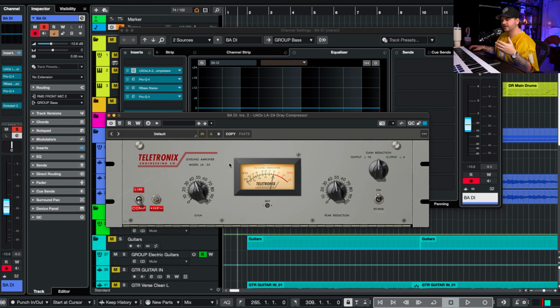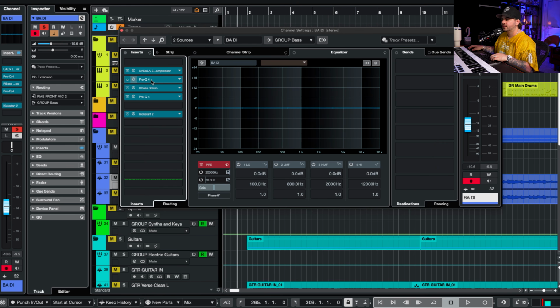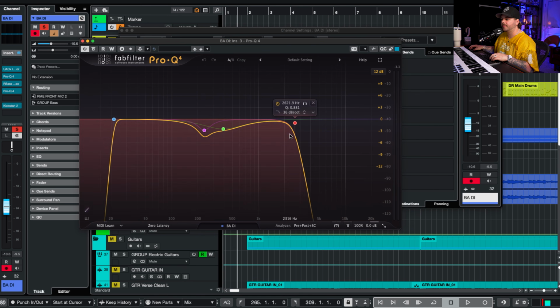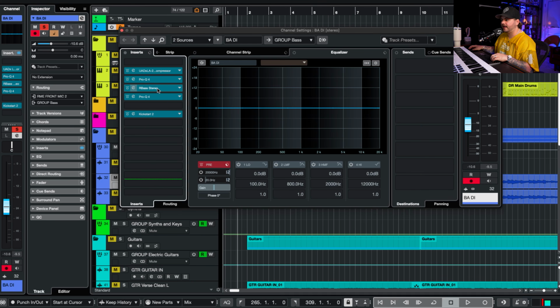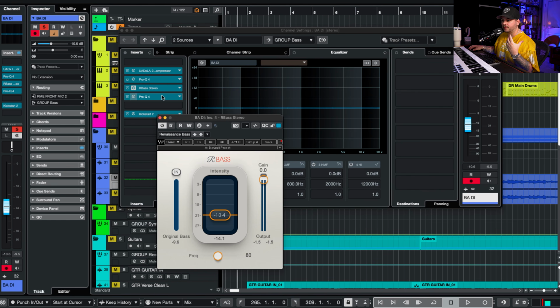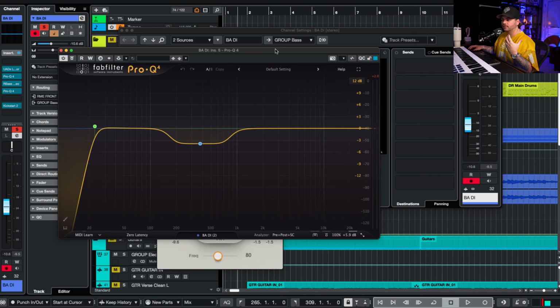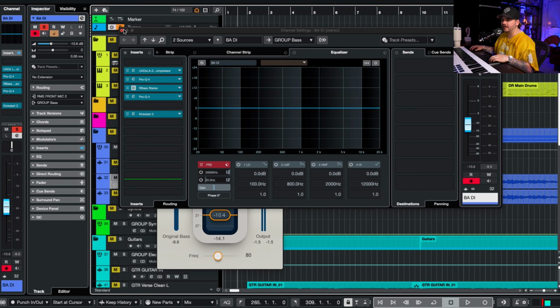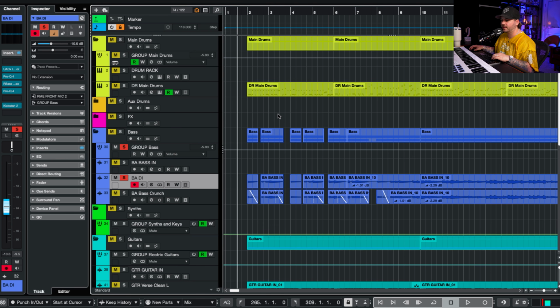And I'm just crushing this with an LA-2A compressor, basically filtering out all of the high mids and the highs, and then adding RBass to kind of get some of that harmonic information. And one last little Pro-Q 4 just to control some of that mid-range resonance. And other than that, that's it. I have Kickstart so we can sidechain it to the kick, but other than that,